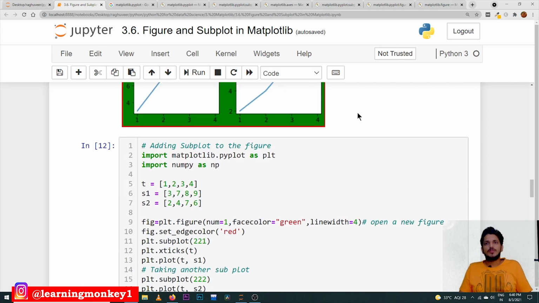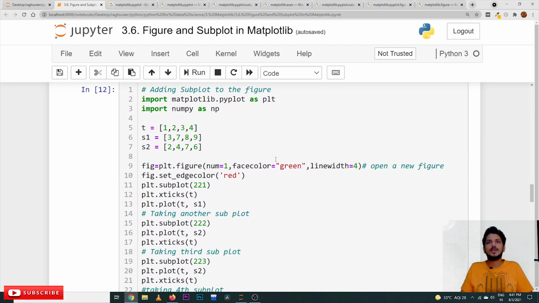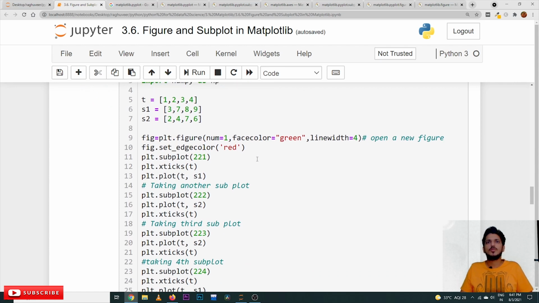Now coming to the next one. Whatever we have done, the same thing can be done in the other way also. So what's that way? We will try to understand. Here we are adding subplots to the figure. We are showing all the figures 2 by 2. Take the same example: set edge color is equal to red. plt.subplot(2,2,1).